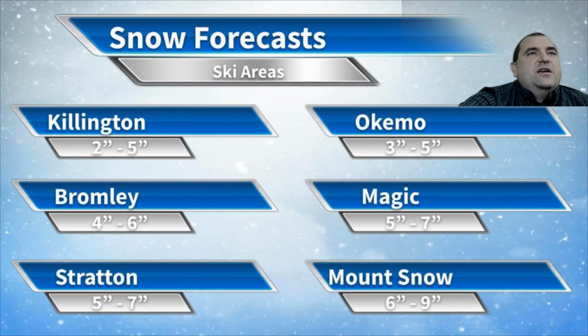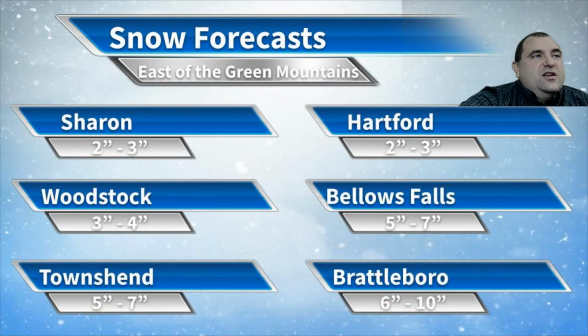The ski areas don't get much of a bump out of this storm because it's not really elevation driven. This is all due to dynamics in the mid levels of the atmosphere that are causing our snow. So places like Killington 2 to 5, Okemo 3 to 5, Bromley 4 to 6, Magic 5 to 7, Stratton 5 to 7. Mount Snow is probably our winner ski-area-wise, just because it's the furthest south, with 6 to 9 inches of snow there. And then east of the